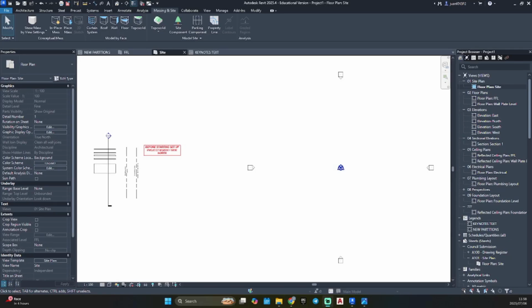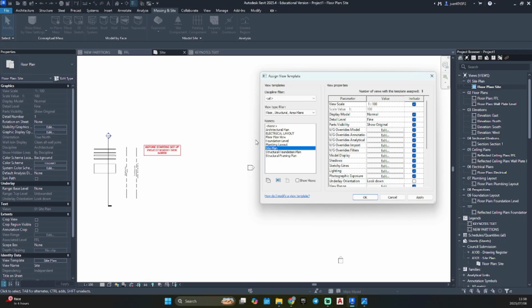Okay, so once you've opened Revit, we need to make sure that our orientation is set to true north. If you have a filter view template on, just click on the view template. Make sure you're on your site plan. Normally, if you just opened Revit for the first time without the template active, it should be an architectural plan or none. So in our view properties, scroll down to orientation.